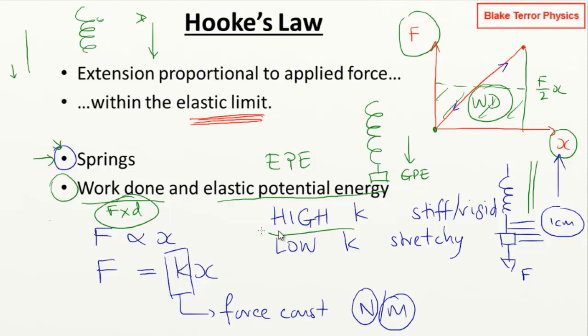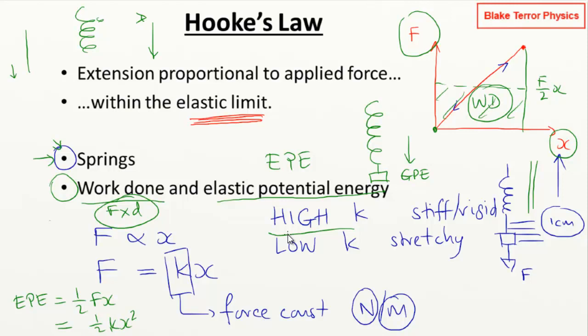So we're looking at a half. EPE is a half F times x, and we know that F of course is kx, so that is a half kx squared. So we've got two ways of putting that together. So if we've got a particular force constant and we know our force constant for a material or a spring, whatever the setup might be, then we just need to look at the force constant and the square of the extension, and we're going to know what the energy is that's stored inside that stretched or compressed material,